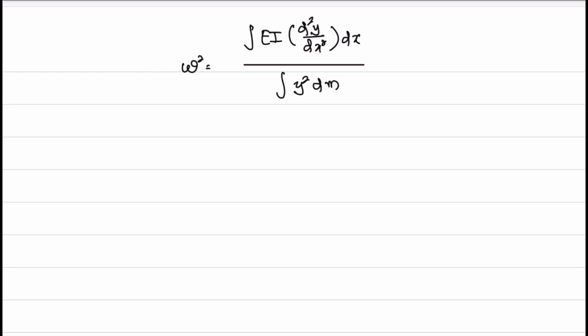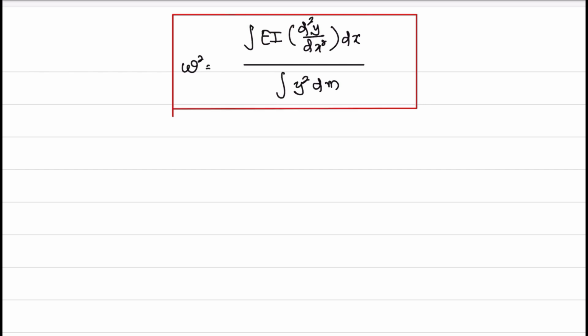Omega square is equal to integral EI d square y by dx square dx whole divided by integral y square dm. This is the standard equation where I have defined m and also I have defined y and x also, and E and I also I defined. From this equation, by applying